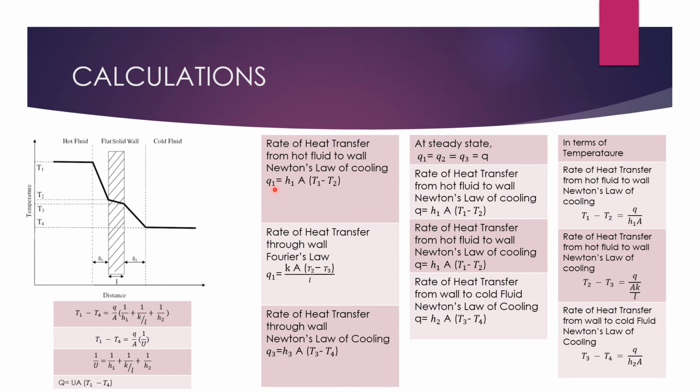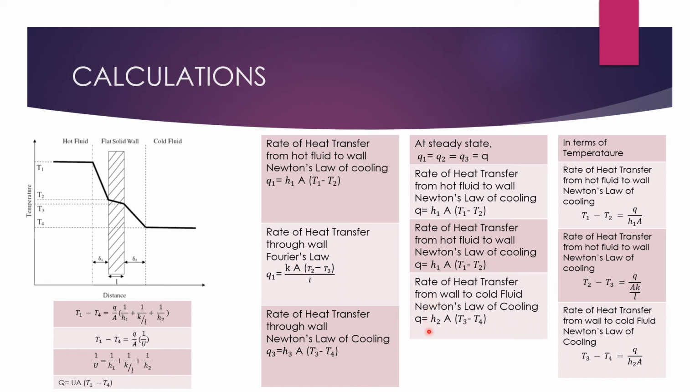Hence, on the RHS we will write the term Q, and we will keep this side the same. So we will get these equations as they are. We have just replaced the term Q1 by Q, and we have written the same equation. Now the next step, the same is applied for these two equations also.